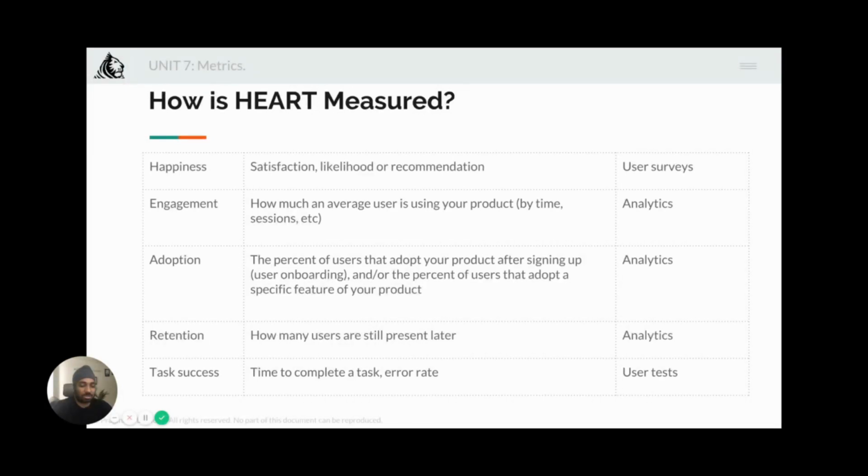How long did it take, and what was the error rate, right? So if it's taking a lot of time, or if it is not happening in the right manner and he has to do it all over again and again because the product is not reliable, obviously the user will eventually drop out. He will have a certain perception that the product is unreliable, so I will rather not use it right now till I find an alternative. Okay. And you measure this via, again, user surveys and user tests.